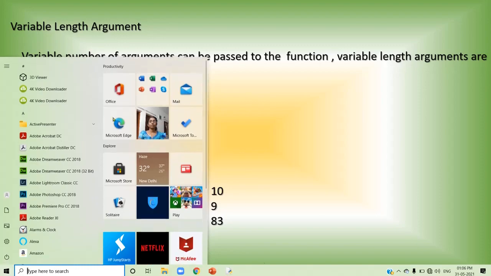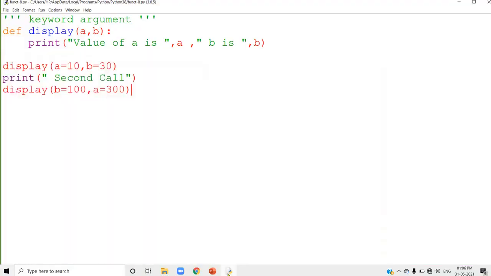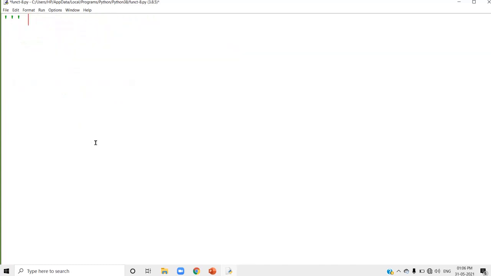I'll try out one program here in Python itself. It is variable length argument. See, I'm defining the function disp, just only one variable, star D. This is the way variable length argument is declared.